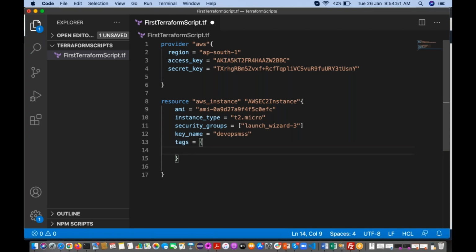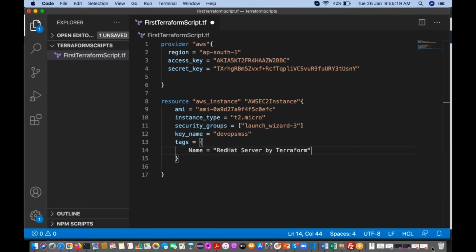Okay, and here Name, N should be capital, is equal to any name you can give. Red Hat server by Terraform. Okay, means this Red Hat server is created by Terraform. I'm just giving one name.